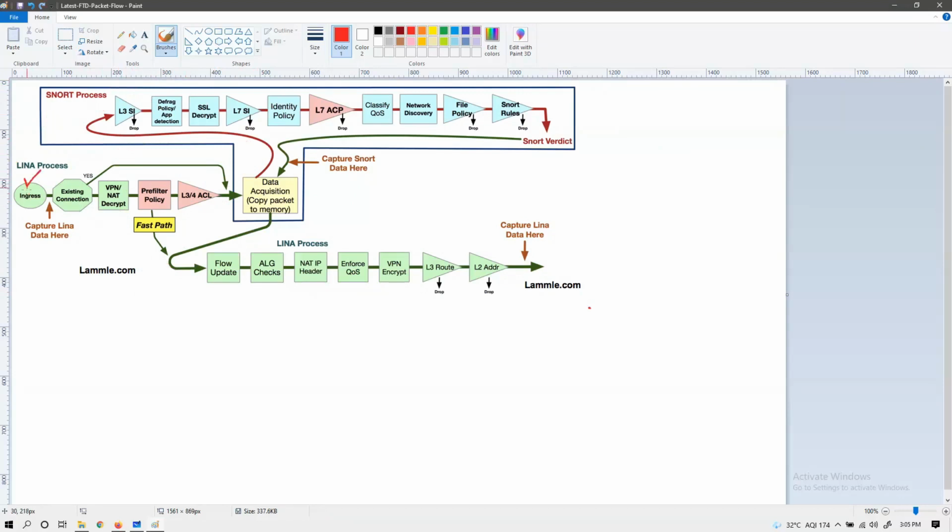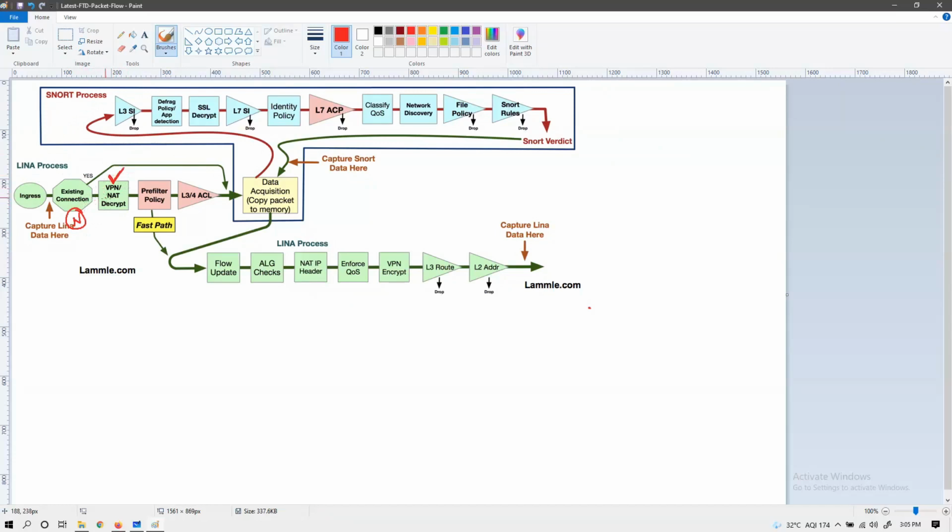So here, when the traffic will come on the ingress interface, first of all, FTD will check for the existing connection like ASA. If the connection is existing, then FTD will send this traffic to deep packet inspection policies or NG-IPS policies directly. Okay. If the connection is new, means it is not an existing connection, then it will check for decrypt and translation.